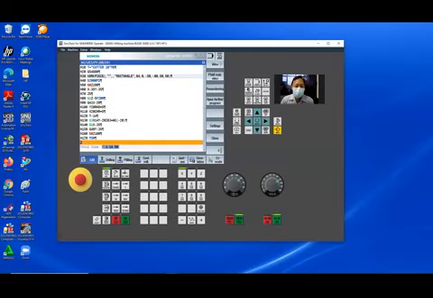I want to show you how to make the same program. Or not the same, I think a better one, because you see this program cuts 5 millimeter at once. I want to cut only 1 millimeter, 5 times. Okay, 5 times 1 millimeter. But the shape is still the same as this.